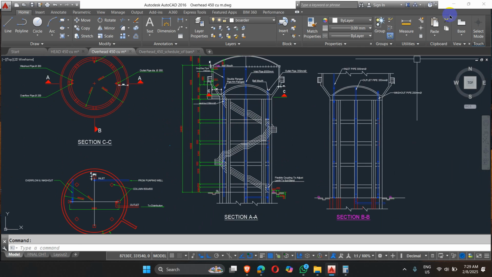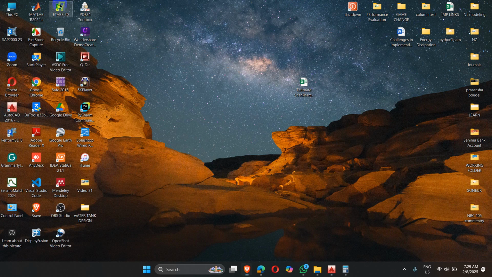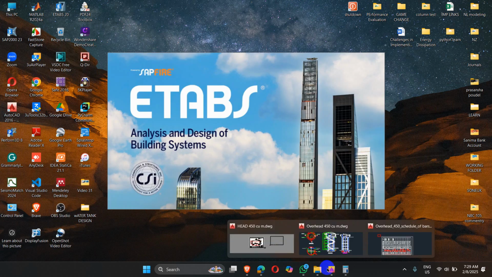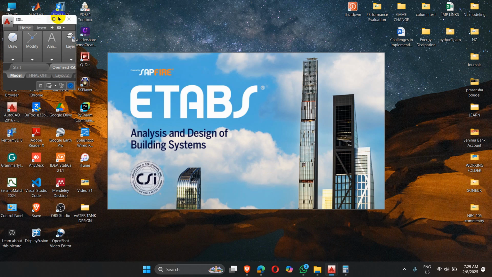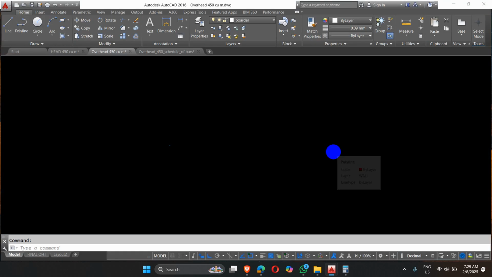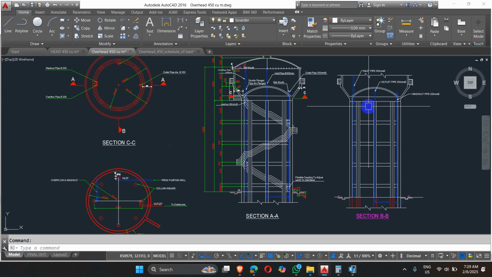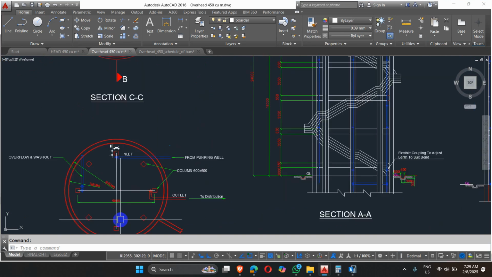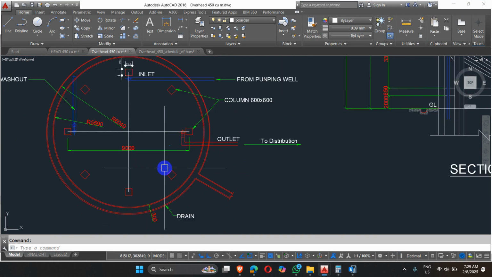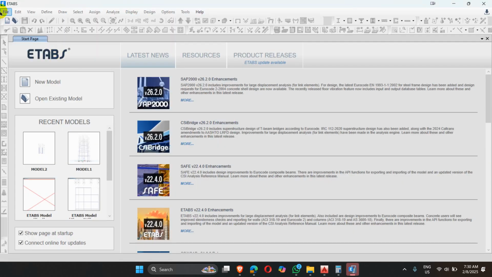So let's move into ETABS. Here is a staircase also. So here there are 8 numbers of square columns. 4 are in regular orientation and 4 are in the angular direction. They are at 45 degrees. So let me go to ETABS, go to new model,